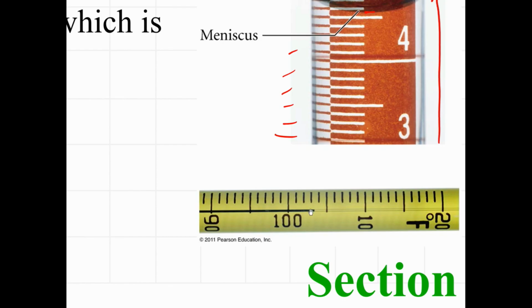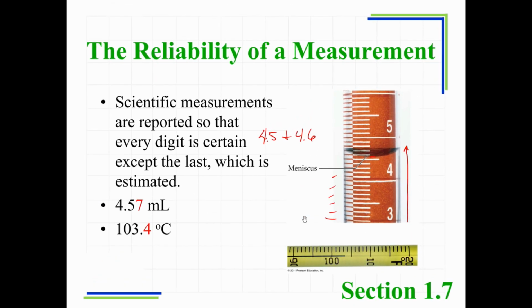101, 102, 103. I know that part with certainty because my scale is telling me that much. But then I have to estimate where that last digit falls. I made an estimate that is falling a little less than halfway there, so I call it 103.4. Now, what you need to do is get comfortable with the fact that I can only know the measurement to